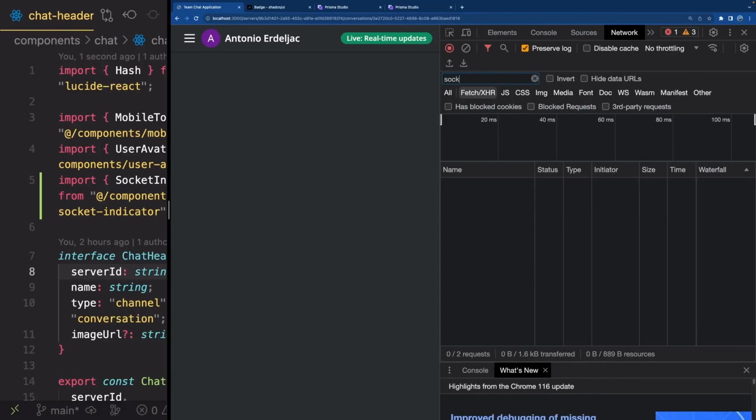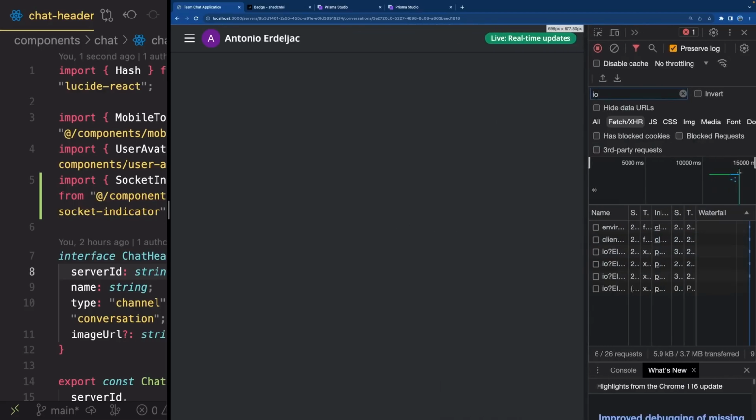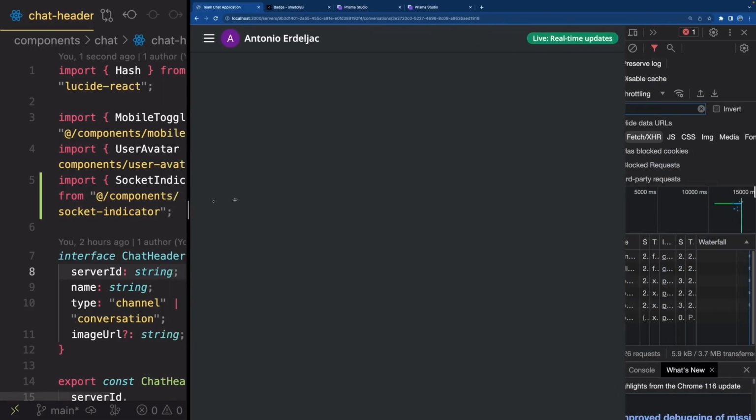So let me just find the socket or IO perhaps. Let me refresh and see if that's going to work. And there we go. You can see that my IO connections are not failing. And let me show you how it will look if something goes wrong. So if you have a mismatch